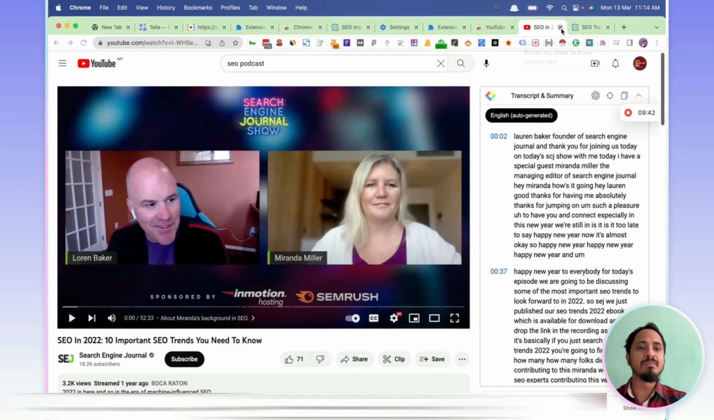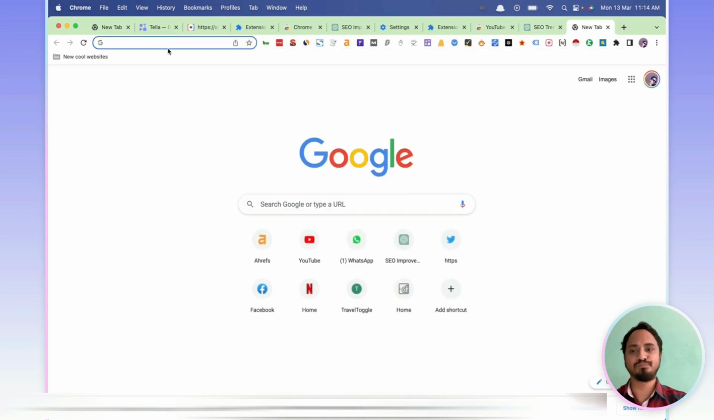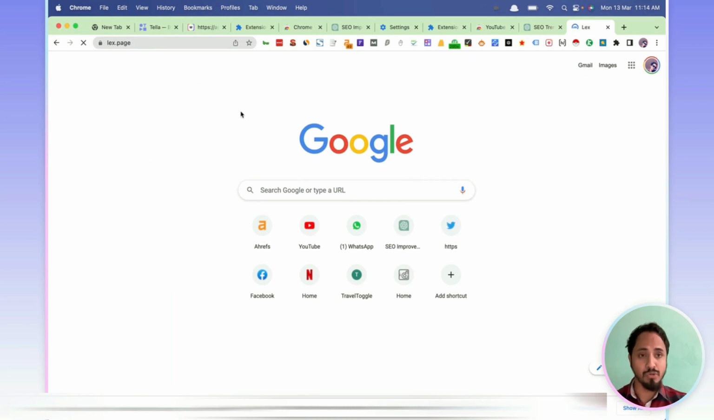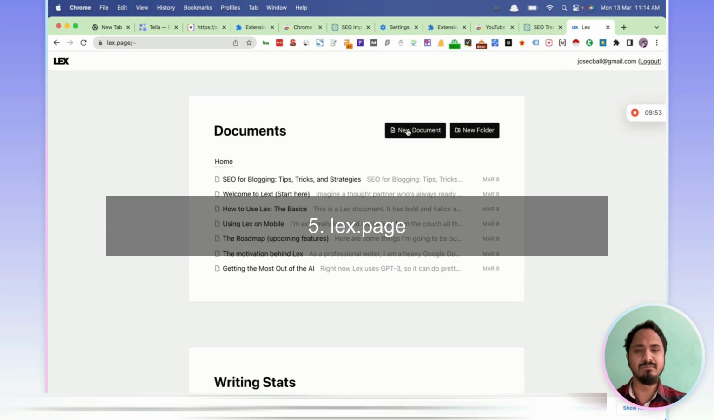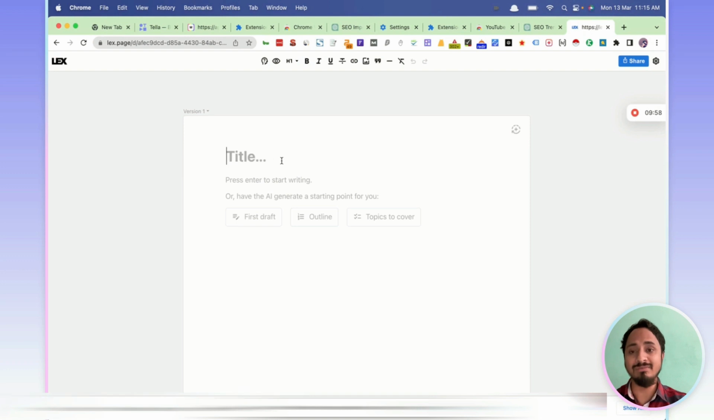So another tool I'm talking about is Lex. Okay, earlier, guys, I've talked about Notion AI before, but this tool is the cleanest tool I have used. It has all the document aesthetic. It's similar to Google Docs, but ChatGPT is integrated into this overall tool. And what you can do is, if I have to write, let's say